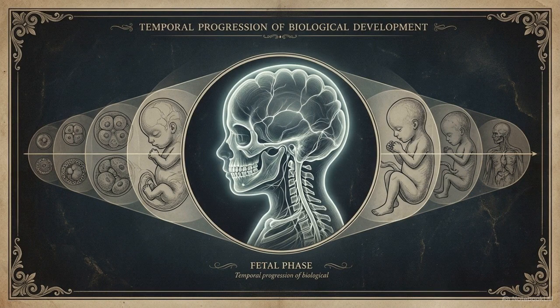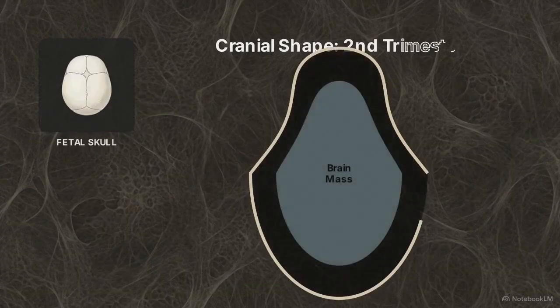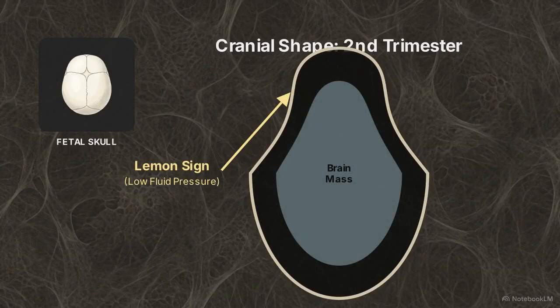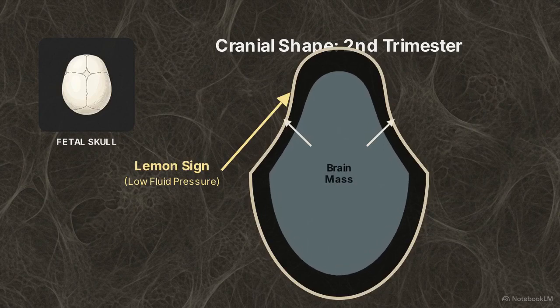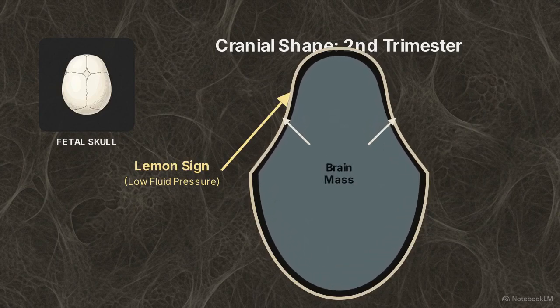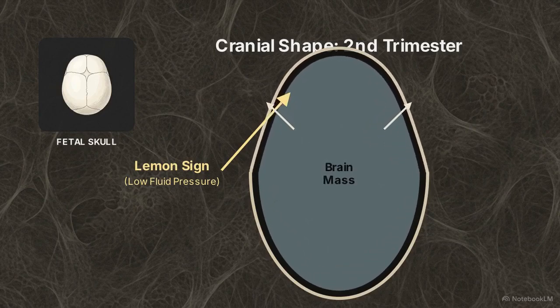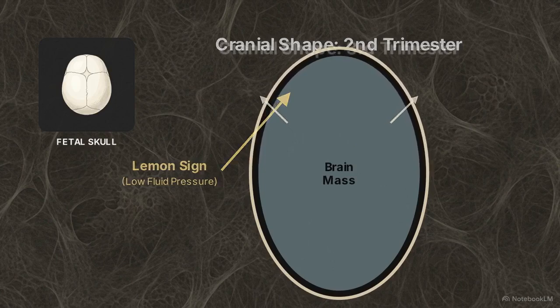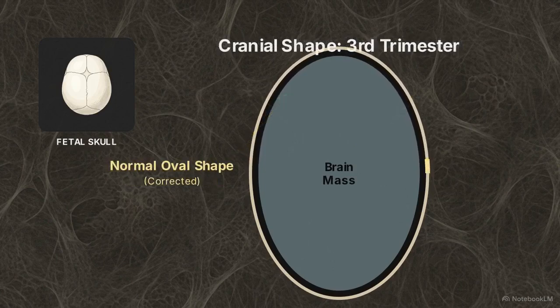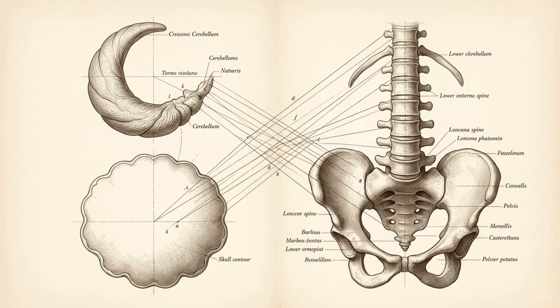The diagnostic utility of the lemon sign comes with a strict temporal constraint. It is only visible during the second trimester. As the fetus enters the third trimester, the sheer mass of the growing brain tissue physically expands. This solid tissue forces the collapsed frontal bones outward until the skull achieves a normal curve, completely overriding the lack of fluid pressure. The lemon and banana signs are predictable topographical deformations caused by a single volumetric leak in the